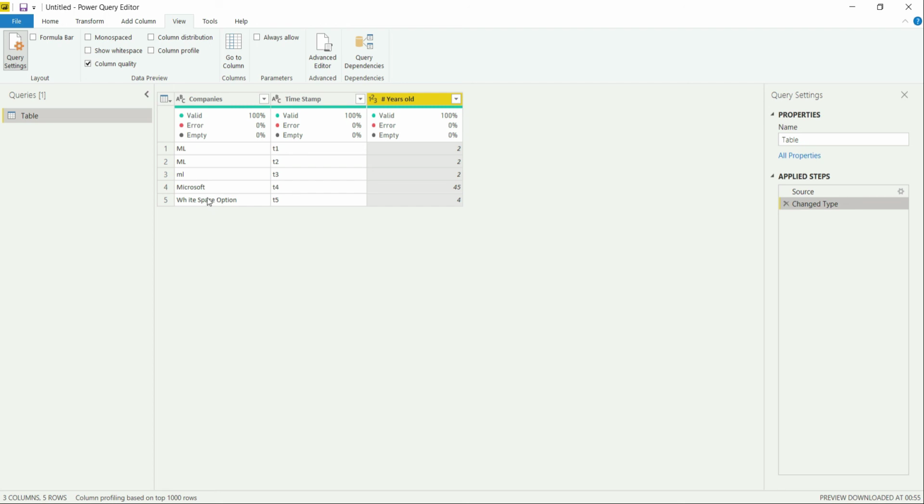If I look at this row, earlier I said there were many spaces between H and I. However, it is showing me only a single space over here, and there is no carriage return, though I did enter that. To visualize that, what you can do is go to this option, show white space. What it does is show you the new line and white space characters. So let's click on it. Now you can see that there are these many spaces, and there were 2 enters or carriage returns after the white and the space. So these were all hidden earlier, but now they are properly visible to me.